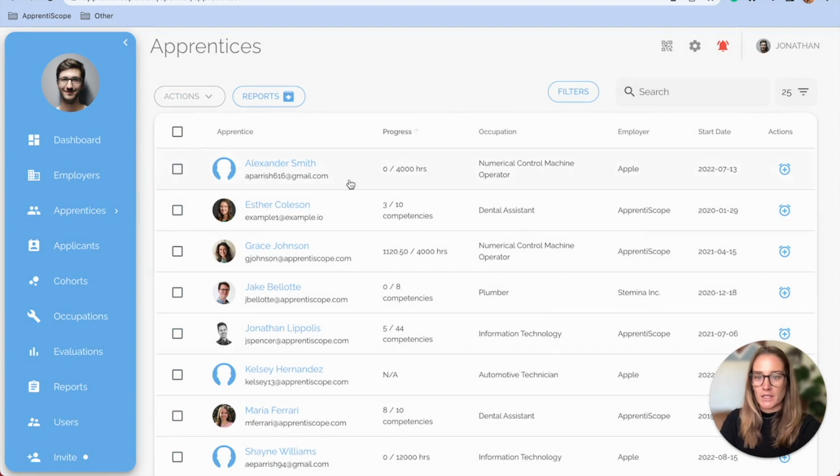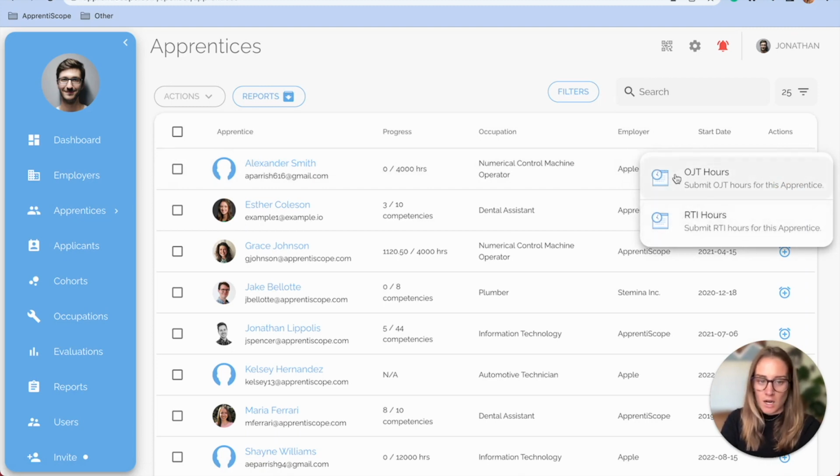Lastly, from the Apprentice Overview page, this is how you log OJT or RTI on behalf of an apprentice. So if you as the sponsor are logging OJT or RTI for apprentices, they don't have access to their account. You're kind of in control of it. You go to the right of their name over here to this clock icon, choose OJT or RTI,